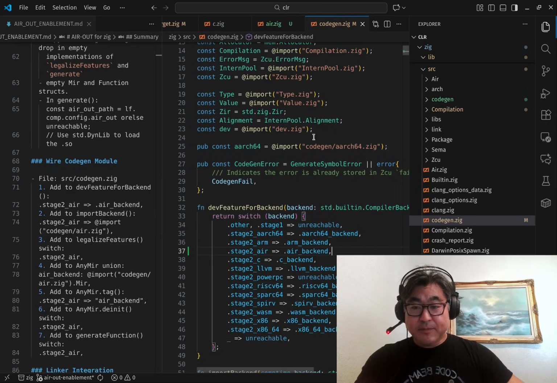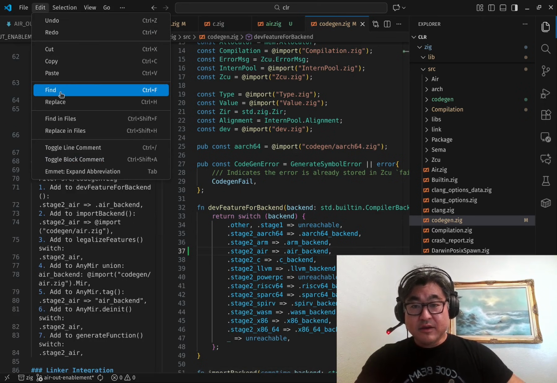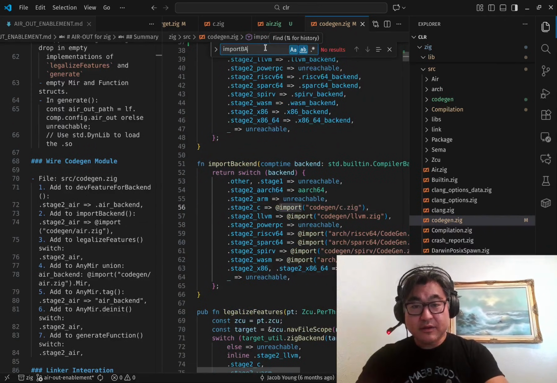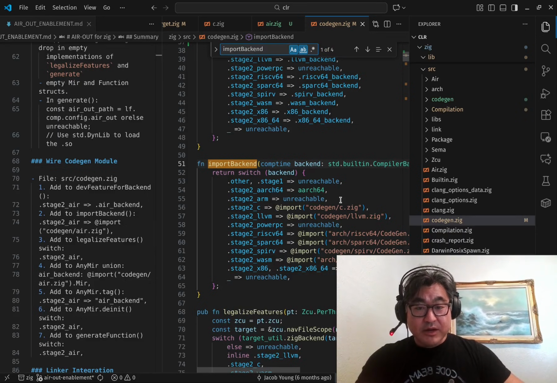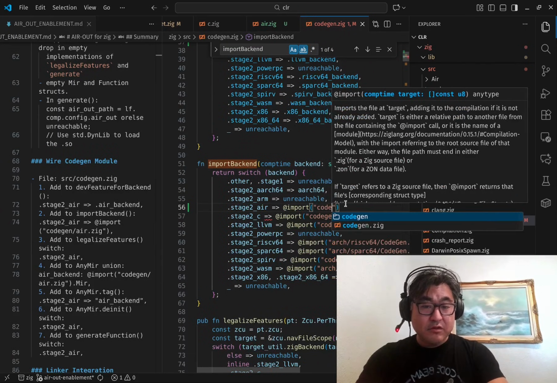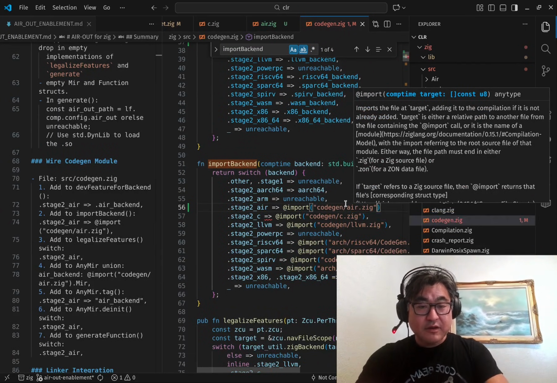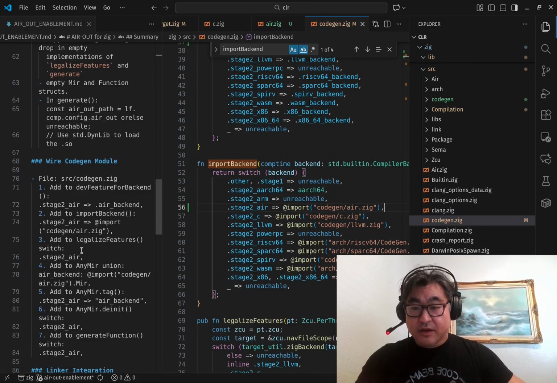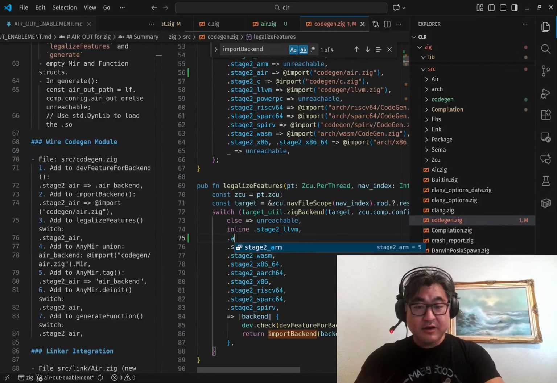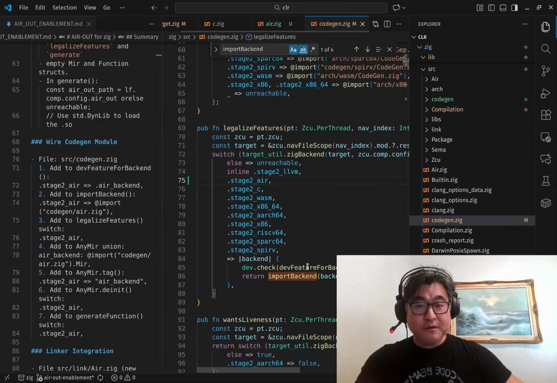And add to import backend. Next import backend. So here we need to do .stage to air import codegen air.zig. And then add to legalized feature switch. We need to make sure that is there. Stage to air. So this will basically just forward the legalized features into the function from our backend,